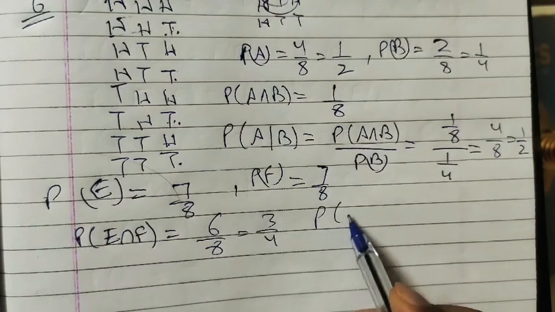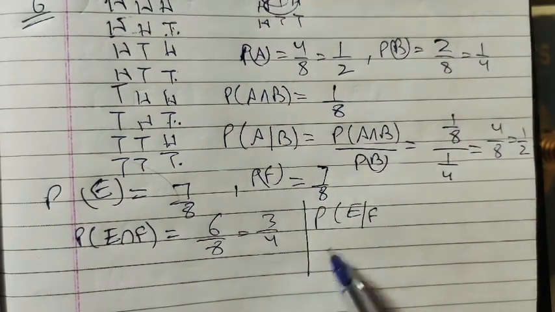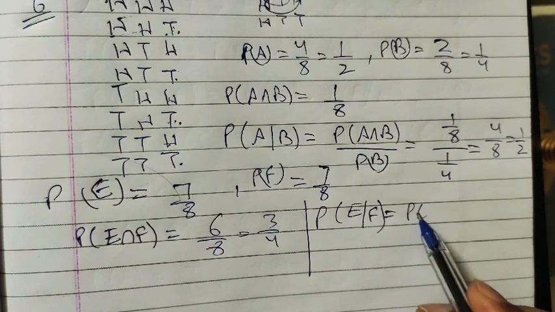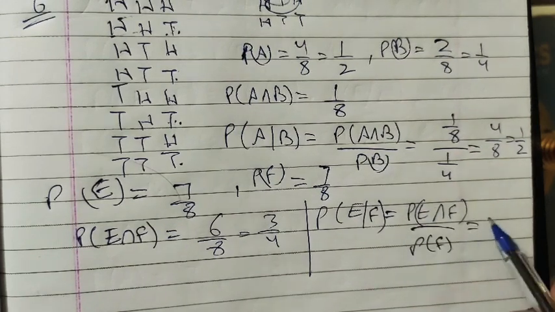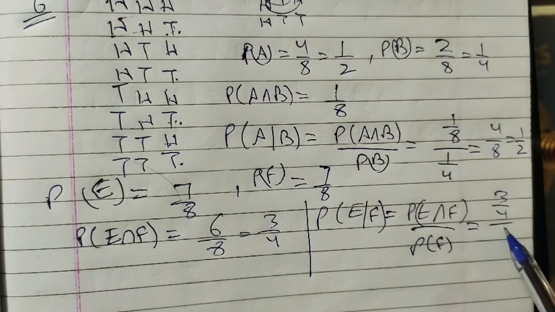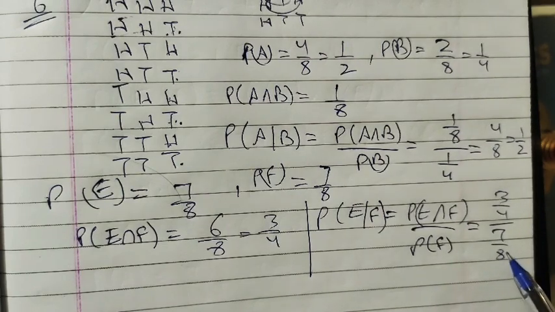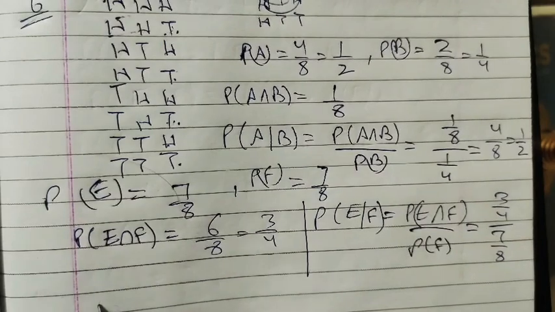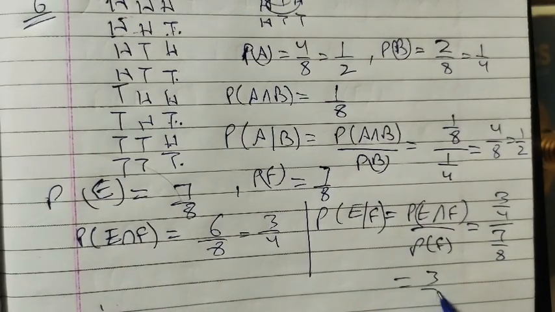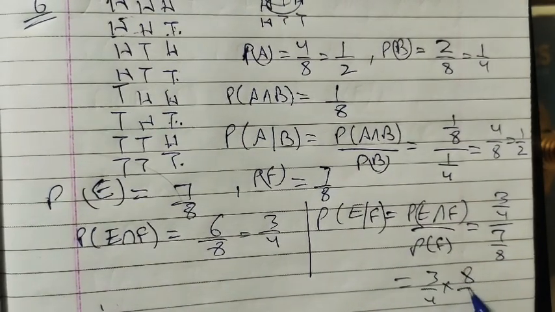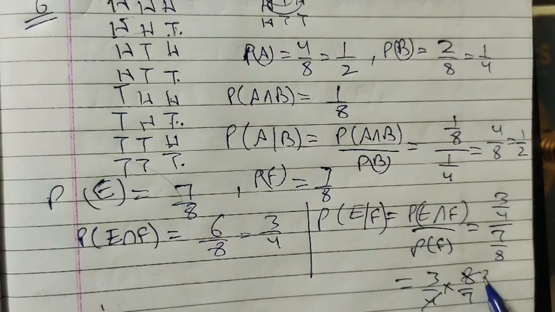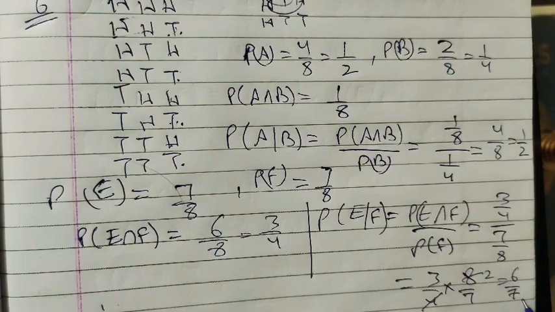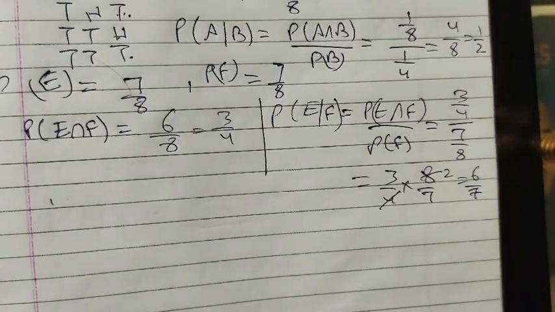So probability of E given F is equal to probability of E intersection F upon probability of F, right? So E intersection F is 3 upon 4, upon probability of F, which is 7 upon 8. So this will be equal to 3 upon 4 multiplied by 8 upon 7. So we can say it is 2 times 3, 6 upon 7. So 6 upon 7 is the answer, right? Next,